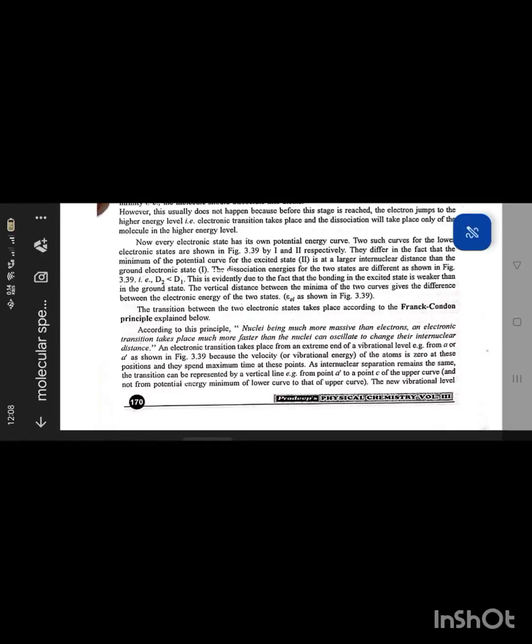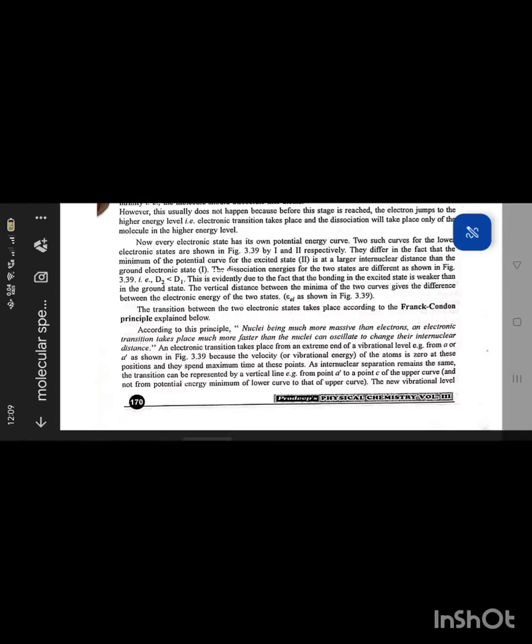According to this principle, nuclei being much more massive than electrons, an electronic transition takes place much faster than the nuclei can oscillate to change their internuclear distance. An electronic transition takes place from an extreme end of a vibrational level, for example from A or D, because the velocity or vibrational energy of the atoms is zero at these positions and they spend maximum time at these points. As internuclear separation remains the same, the transition can be represented by a vertical line from point A' to point C of the upper curve,